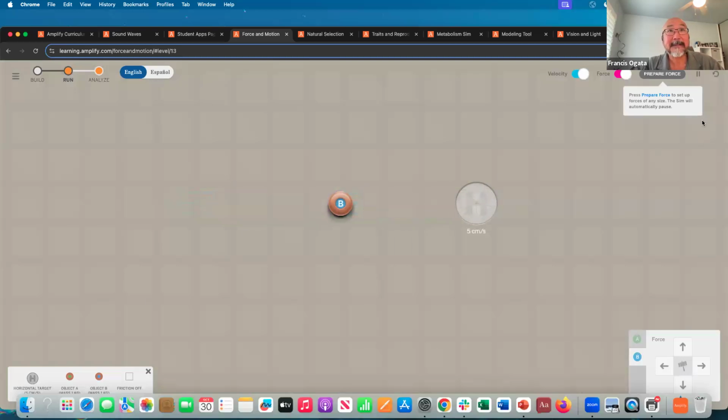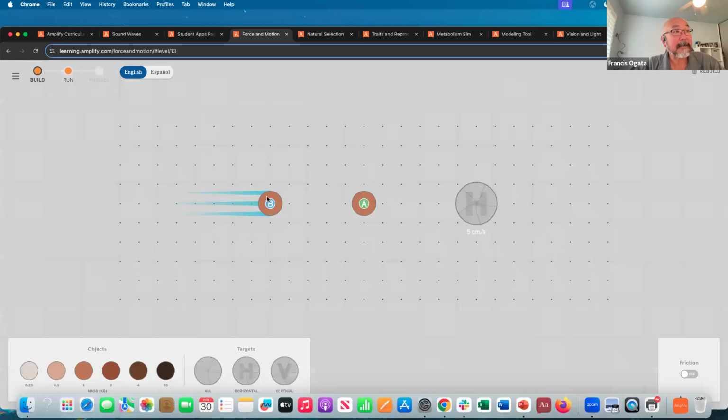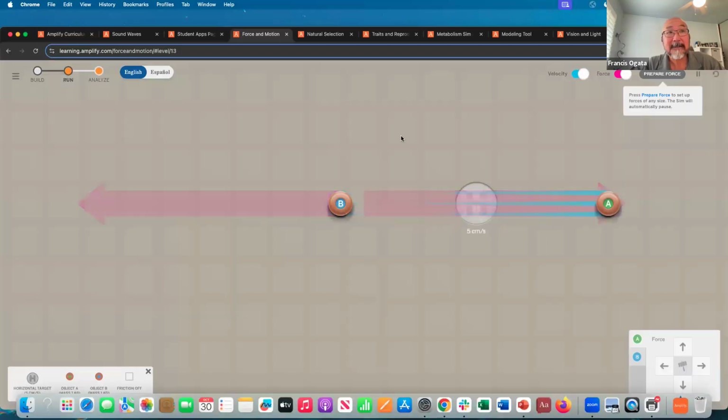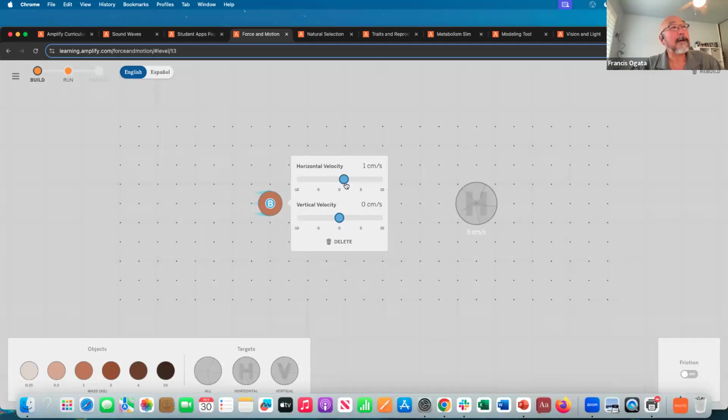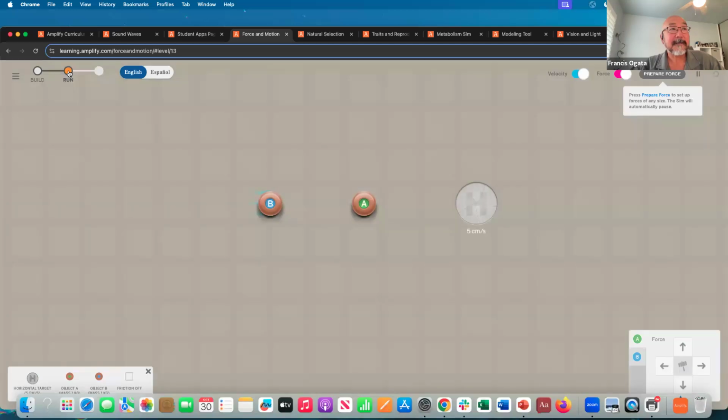If I did it differently, let me just go back and refresh this. So let's say I gave this a horizontal velocity. I'm going to rebuild it. I'm going to give this a horizontal velocity of maybe 10. What happens then is that it doesn't hit, right? So when I click on run, now it's just too hard. Or if I hit it and it's too soft, if I go back and build it again and give this a horizontal velocity of, let's say, 3 or 1, it doesn't do anything, right? So it's not going to be able to catch it.